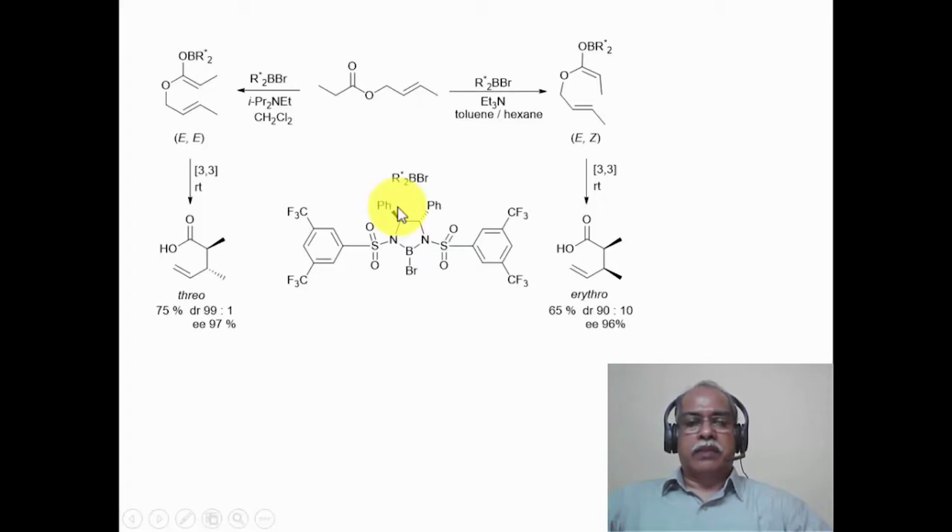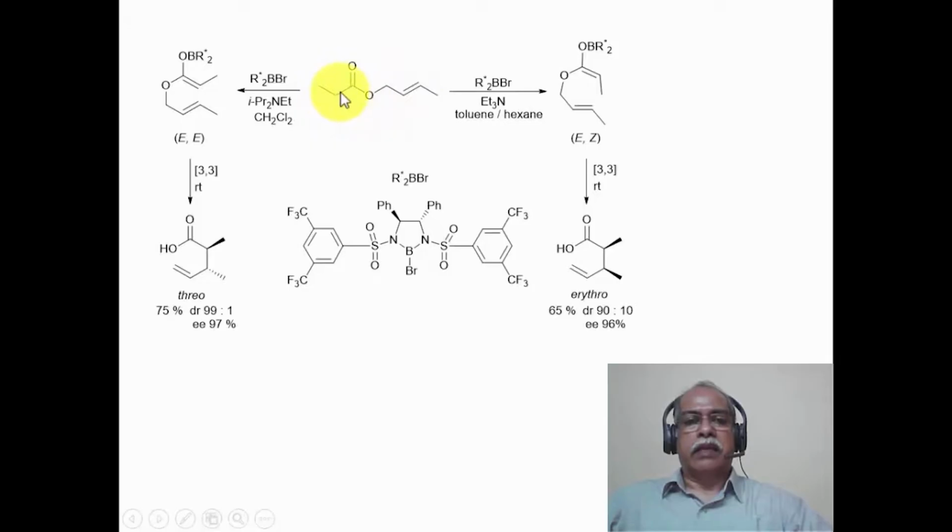This is an example that is reported by E.J. Corey. This particular boron derivative is used as a reagent in this particular case. It is actually used as a catalyst in this particular case. This is a chiral Lewis acid catalyst that is used. This particular configuration of the chiral Lewis acid, when treated with this particular ester, which is an allyl ester, the